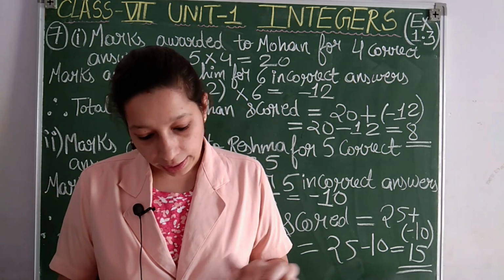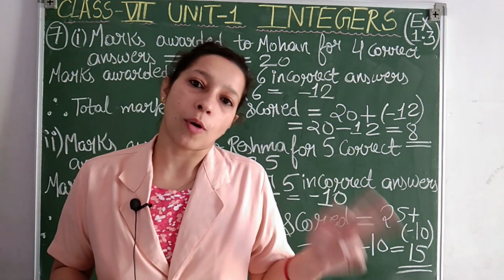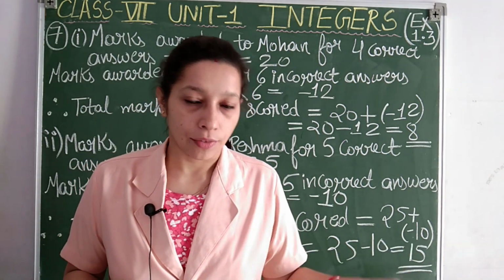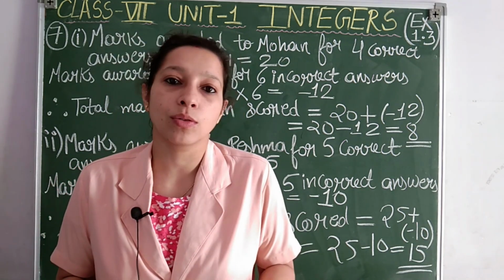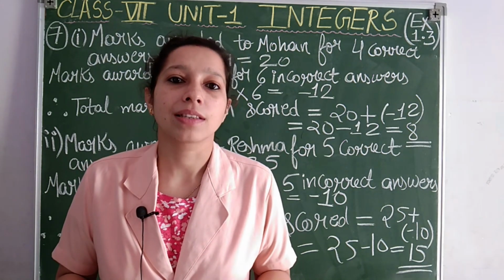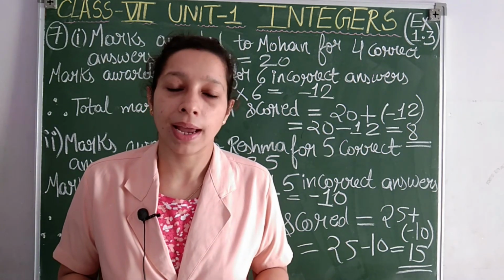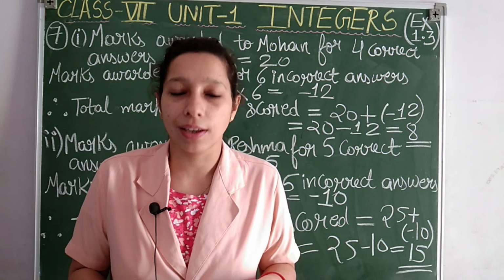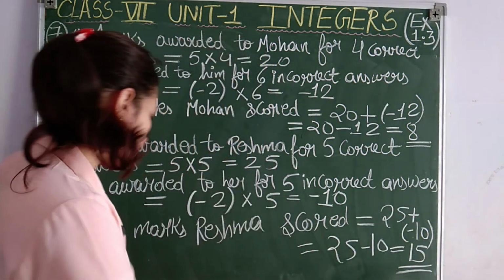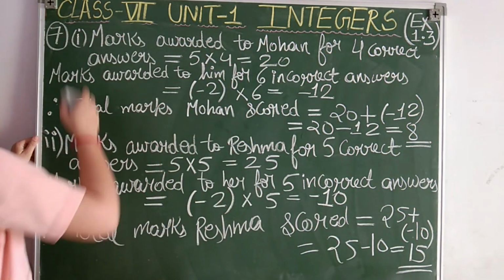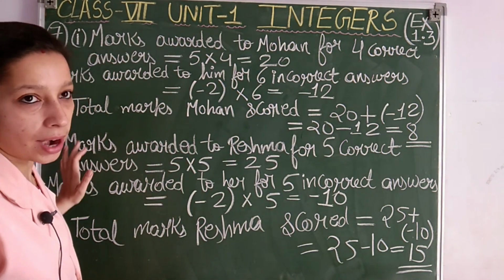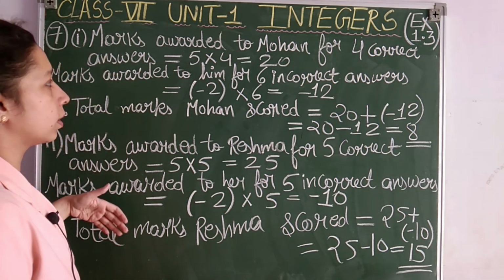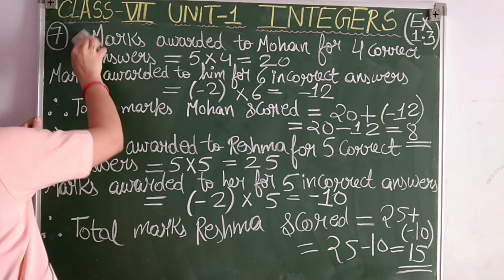Then what is her score? For correct answers she got 10. For incorrect answers she got minus 10. So what will be her total score? Can you say? 10 plus minus 10, that is 10 minus 10, 0. Hina got 0 marks, students. Okay, let us also see it with steps. You note this, because I am changing the third point here and writing it here. So first note this and then write the third point.